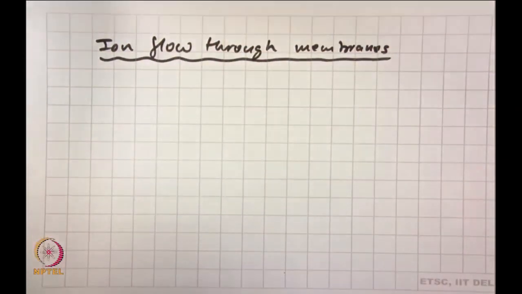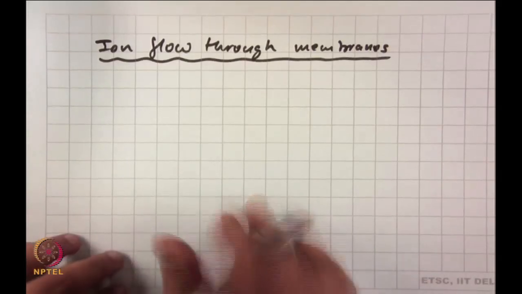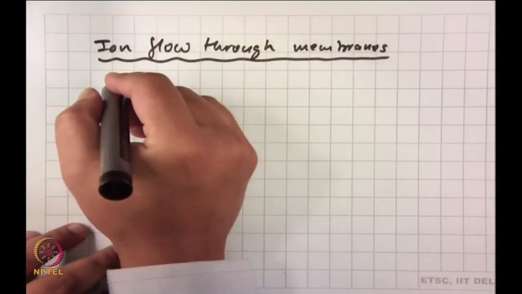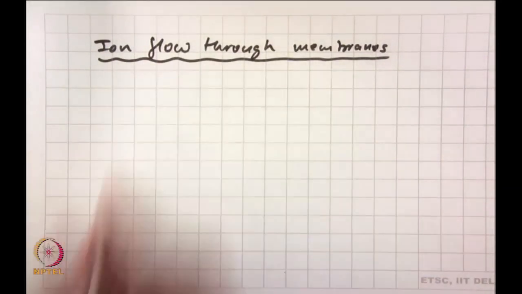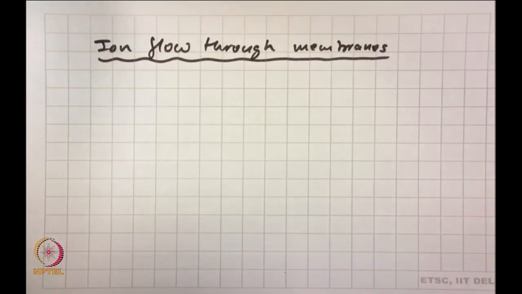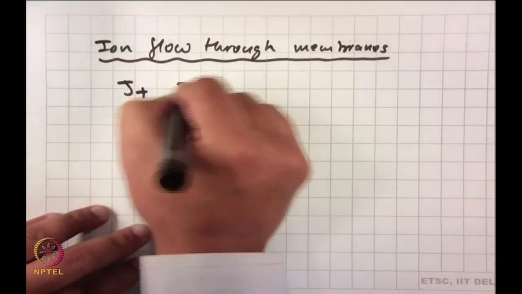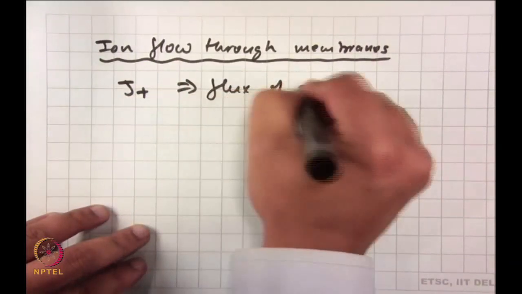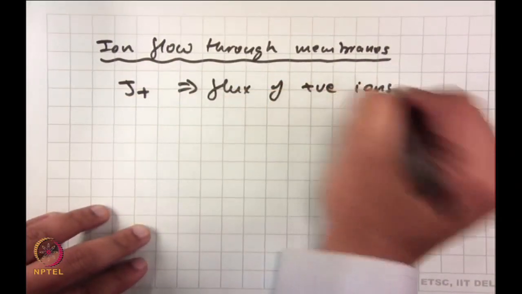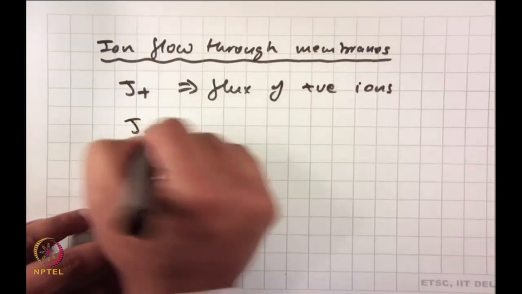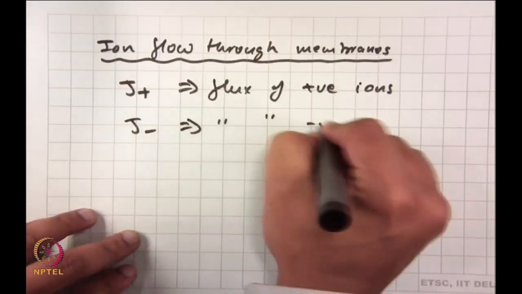Let us consider ion flow through membranes. Okay. Let us consider ion flow through membranes. See, both types of ions can flow, positive and negative, right. Both types of ions can flow. Now, if you say that the flux of positive ions is J plus, so this is the flux of positive ions, and the flux of negative ions is J minus,